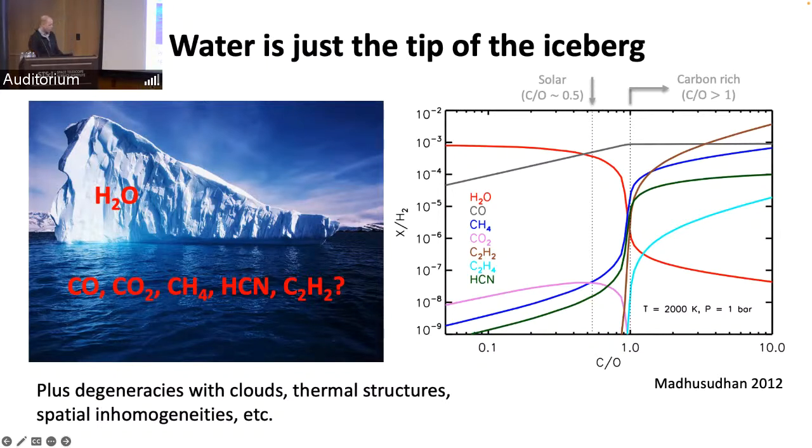For hot Jupiter atmospheres that we're focused on, even for solar composition gas, only about half the oxygen is contained in the water. But depending on the carbon-to-oxygen ratio, you could have more or less of the oxygen contained in the water, and thus you could either vastly over or underestimate the atmospheric metallicity just by looking at water alone. So what we're trying to do is take the full molecular inventory of the volatiles in